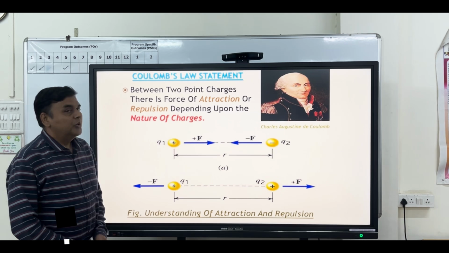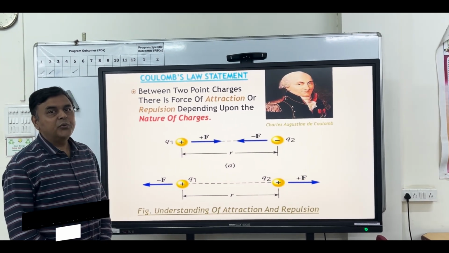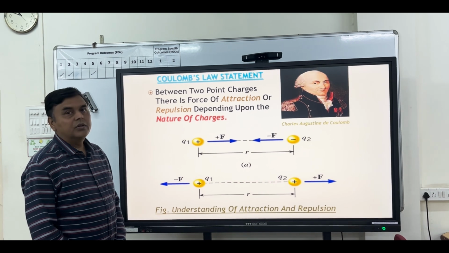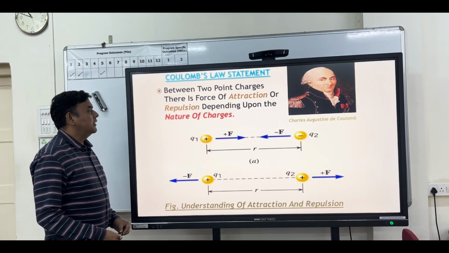Good morning all. Today we are learning the basics of electromagnetics. In that we are learning the basic law of electrostatics, which is Coulomb's law. So Coulomb's law, given the two